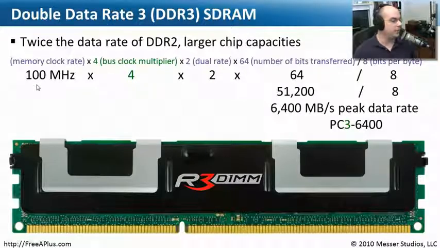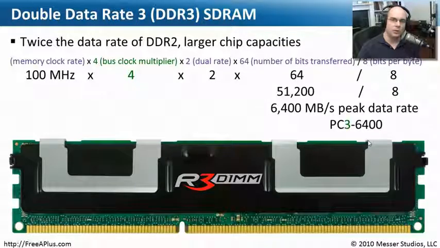So let's say that you're given that question. Let's say the memory clock rate is 100 megahertz. Because it's DDR3, where we've doubled the data rate of DDR2, our bus clock multiplier goes up to 4. This is also dual rate DDR. We've got 64 bits that are transferred in every clock, and it's 8 bits per byte. So everything else stays the same. The only thing that's changed is that bus clock multiplier. So now if I calculate it out, it's 51,200 divided by 8, which means my peak data rate for this DDR3 is 6,400 megabytes per second,